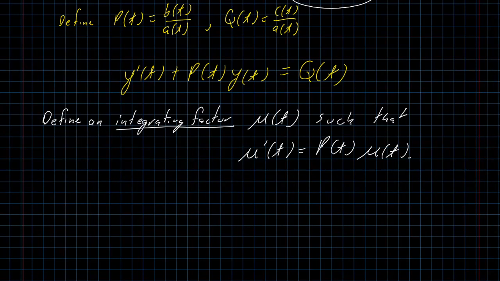The rest of this process is going to look like magic. We're going to define an integrating factor. We're going to call it mu of t. We'll use the Greek letter mu, and we're going to define it by a differential equation. We want to insist that mu prime of t is equal to p of t times mu of t. Why do we want to do that? Well, because somebody at some point in the past figured out that if you do this,